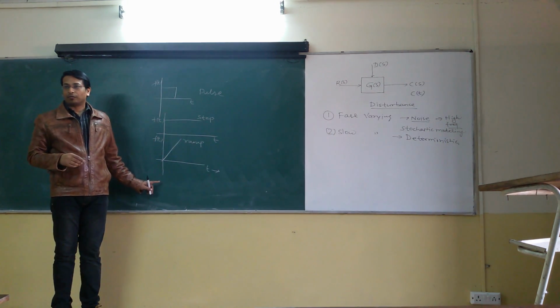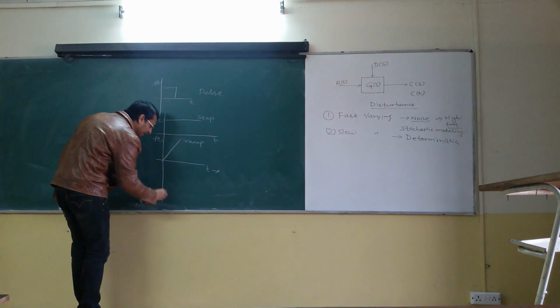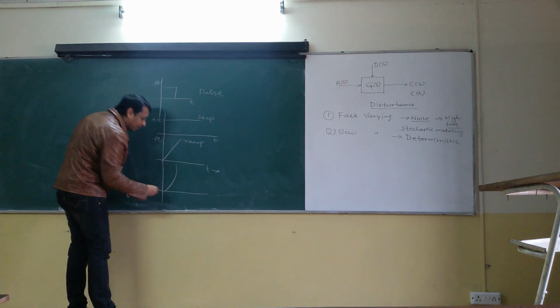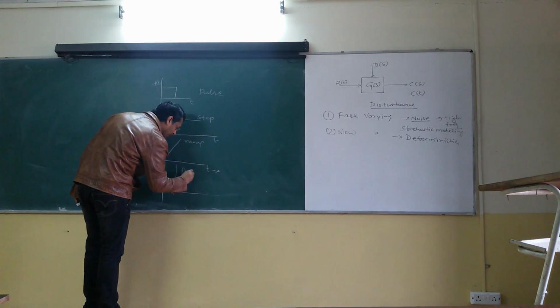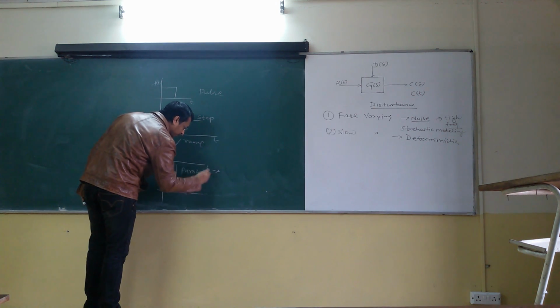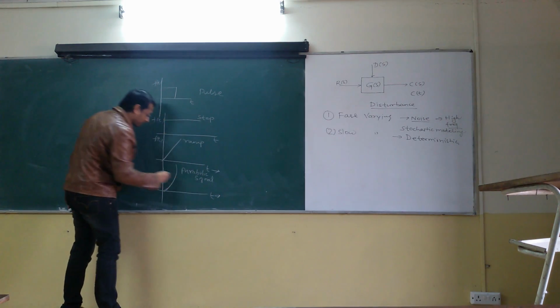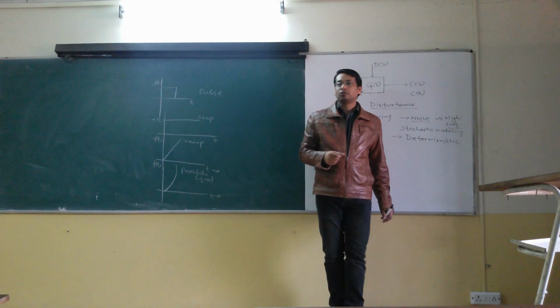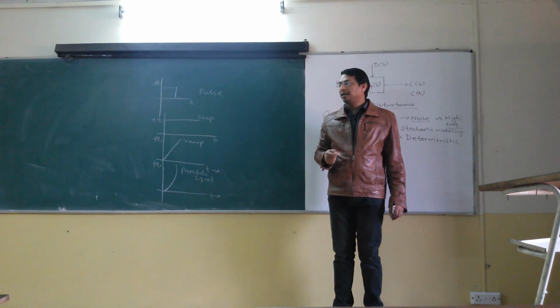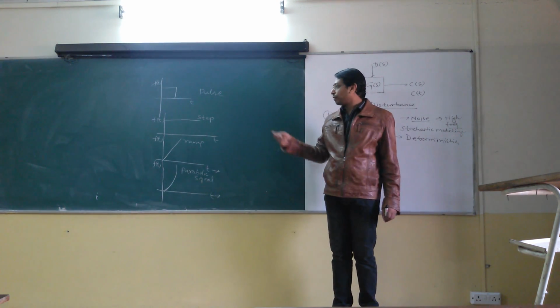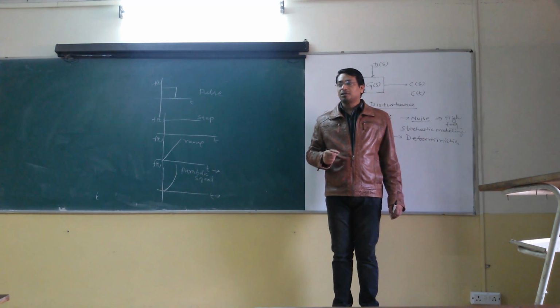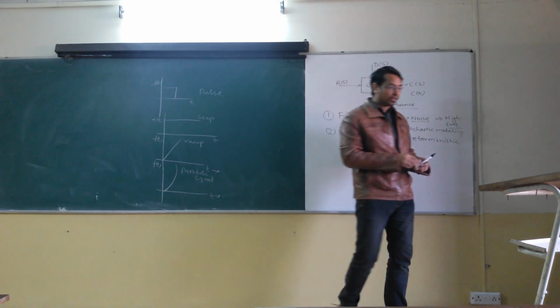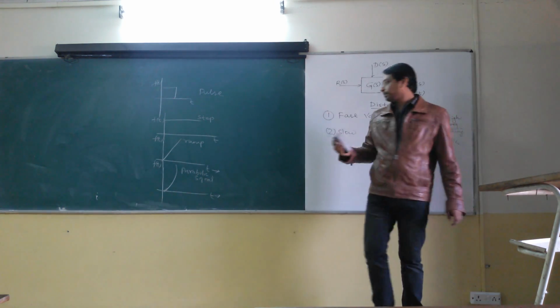And the disturbance where it is drifting faster than this can approximately be modeled with a parabolic signal. Faster than this parabolic drifting is also possible, but it is found experimentally that if you analyze only up to the parabolic signal, your system will act satisfactorily with any other drifting also.